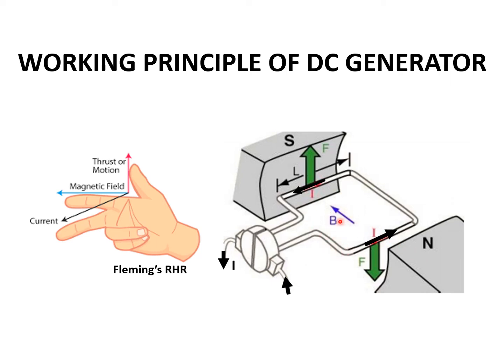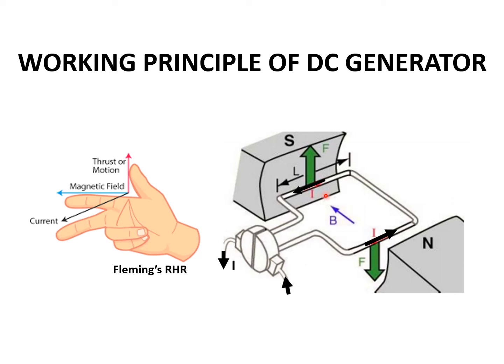B is the flux density coming from north to south, and these are the brushes through which current will come out from the commutator segments. So DC generator means we provide mechanical rotation. The thrust on this conductor is upward and the magnetic flux direction is from north to south,